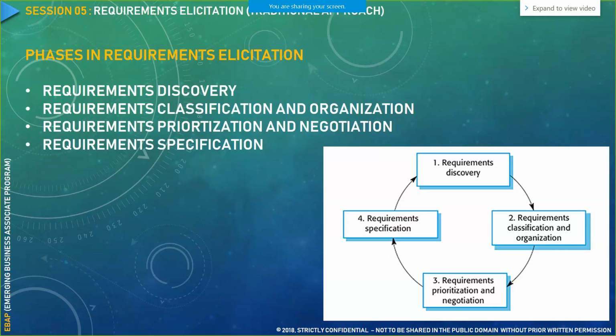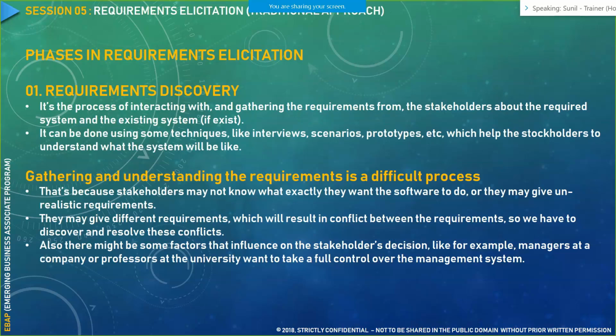Okay. So essentially, when we are dealing with requirement elicitation, there are 4 phases. First is your requirement discovery, then requirement classification and organization, then requirement prioritization and negotiation, and the final stage is your requirement specification. Requirement discovery is the phase wherein you are initiating your chat session or interview session or any such session with different stakeholders, where you discover what the need is and what should be the set of requirements in and around that particular need.